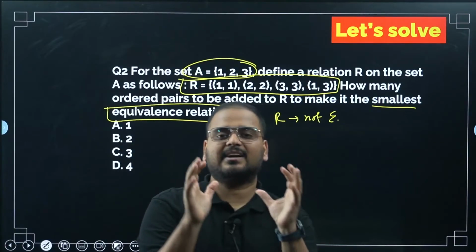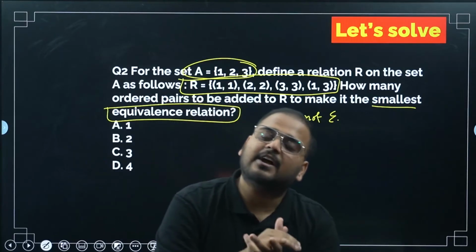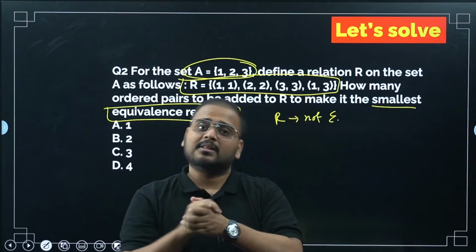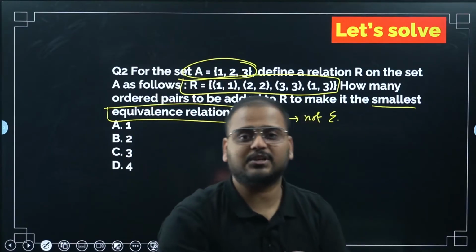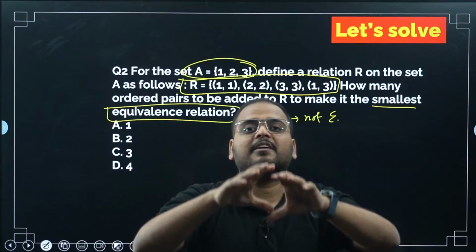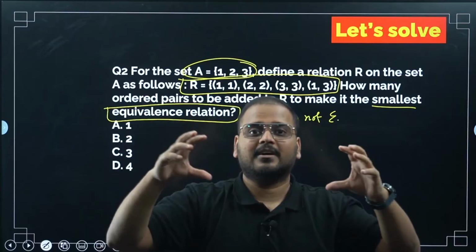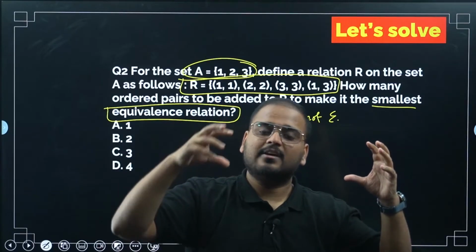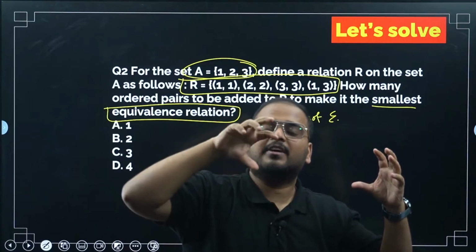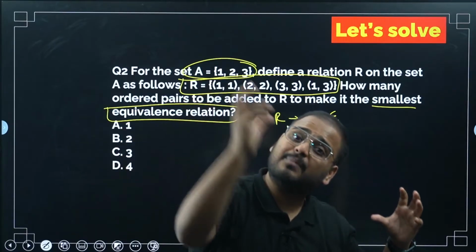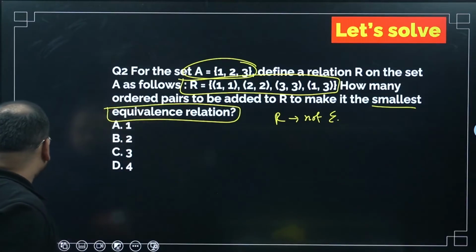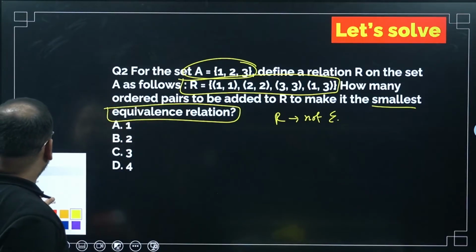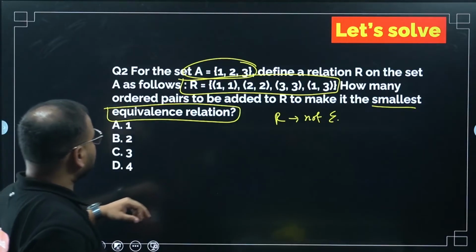So let's understand and study the relation R and figure out why it is not equivalent. Then we can say, okay, this is the reason it is not equivalent, so I'll add this up and it becomes equivalent. Correct? If something is not right, then why is it not right? If I figure out that part, then I can add that part and say, okay, this is right now. Same thing. So if it is not equivalent, let's find the reason for it. Chaliye, moving on.